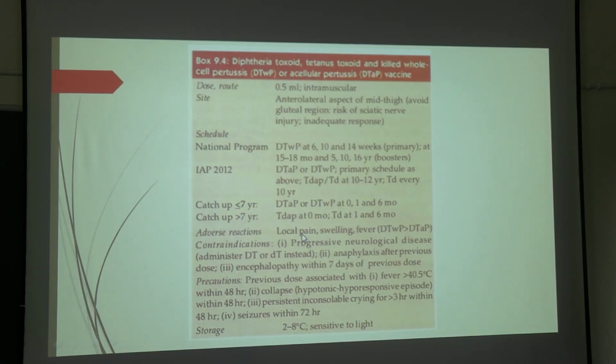Now coming to the adverse reaction, that whole cell pertussis component is very much notorious for creating local adverse reactions like swelling, tenderness, abscess formation, fever, etc. তো যখন দেখা গেল এগুলো হচ্ছে, so after that acellular pertussis vaccine was invented. Acellular pertussis আর whole cell pertussis efficacy more or less similar, but local reactions are very much less in acellular pertussis.